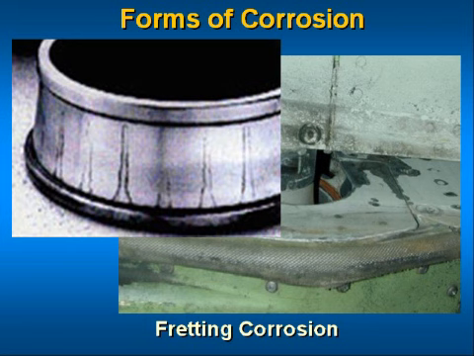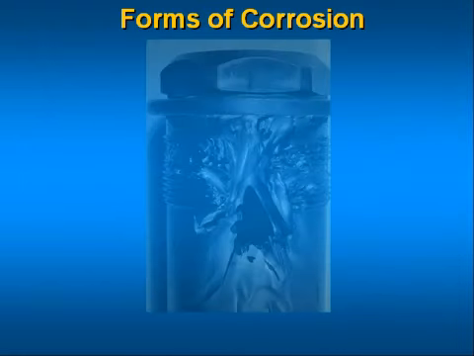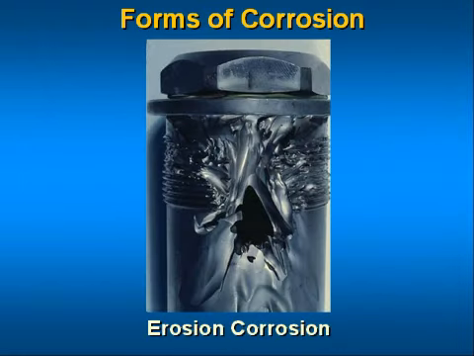Fretting corrosion is greatly retarded when the contacting surfaces can be well lubricated, as in machinery bearing surfaces, so as to exclude direct contact with air. Erosion corrosion is a result of a combination of an aggressive chemical environment and high fluid surface velocities. This can be the result of fast fluid flow past a stationary object, such as the case with this oil-filled